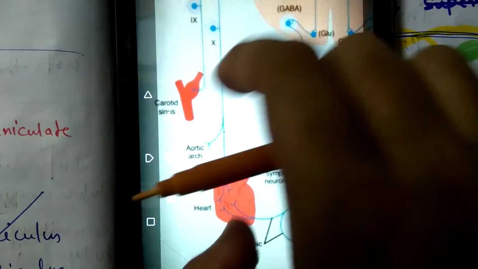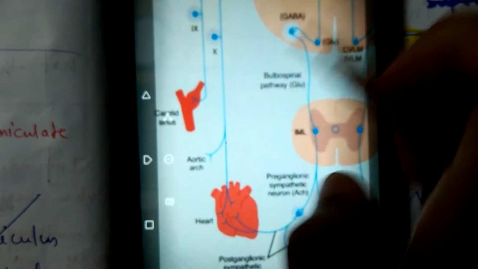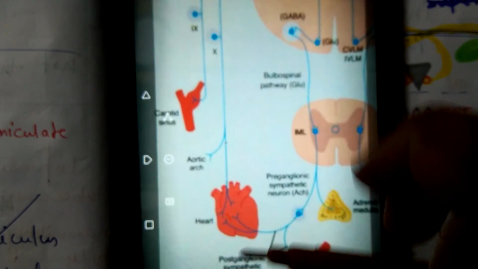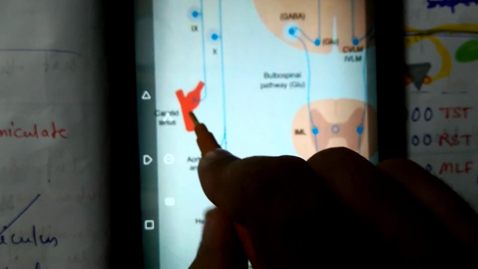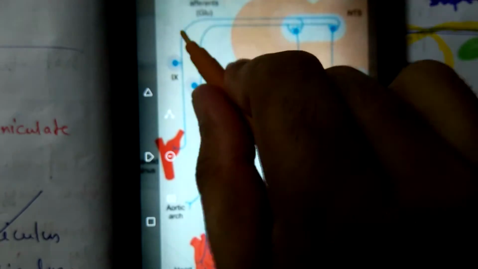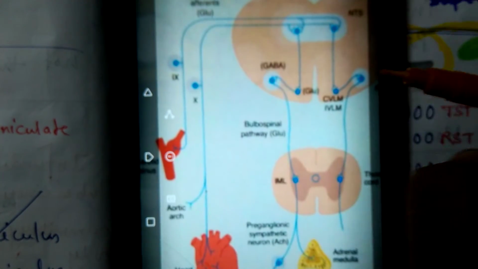So blood pressure inside the carotid sinus is increased, and the stretch-sensitive receptors located in the wall of the carotid sinus sense this increased blood pressure, and this sensation is carried by the carotid sinus nerve up to where? The ninth cranial nerve, and then from the ninth cranial nerve it activates our nucleus tractus solitarius area of the medulla via the neurotransmitter glutamate. Okay, and